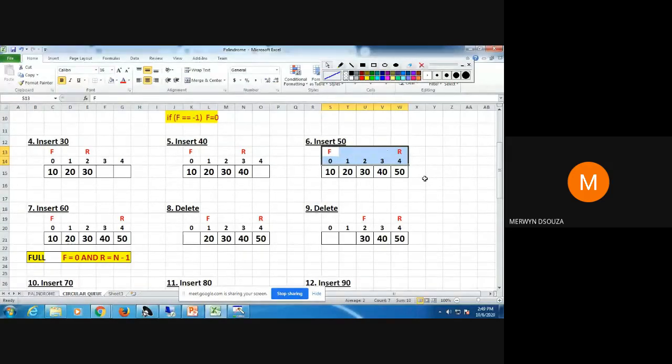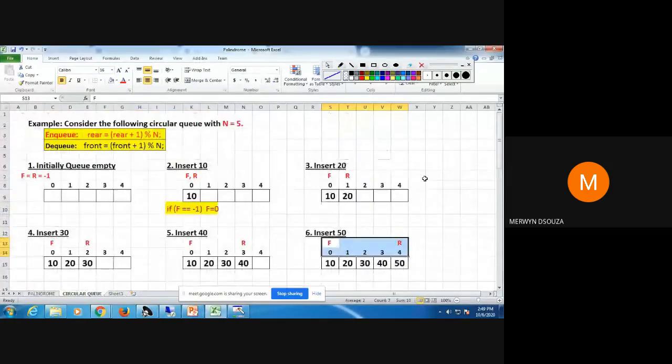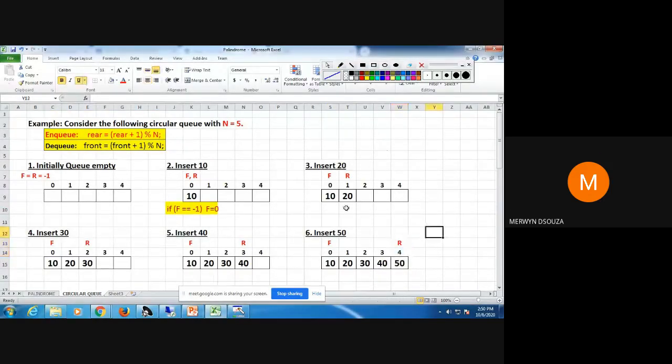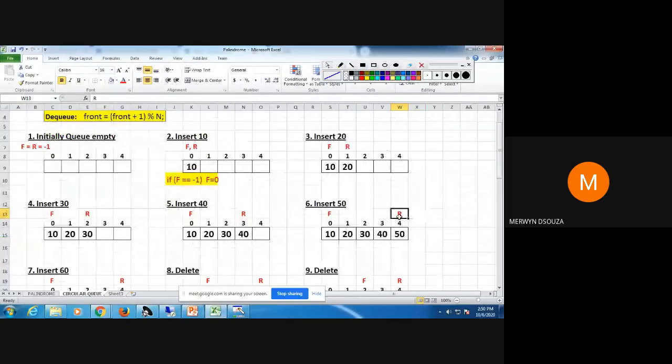Clear? How we get the condition? This is the condition you will have to write in your program. When your queue is full, the value of front will be 0 and the value of rear will be n minus 1. Why n minus 1? Because the size of your queue was 5, and 4 is nothing but n minus 1, which is the value of rear.